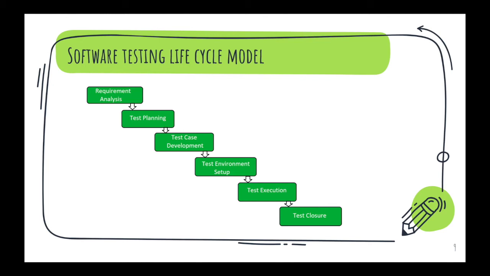They raise questions, like how if it is like this, if we are going to improve anything in that requirement, or if there is any gap in the requirement. We analyze all these things, and then we build a very clear understanding of what the requirement will be like. In test planning, different aspects of resources are taken into consideration: how we are going to test, on what system, on what platform, how many resources are going to work on it, the entry and exit criteria of testing, and other aspects.